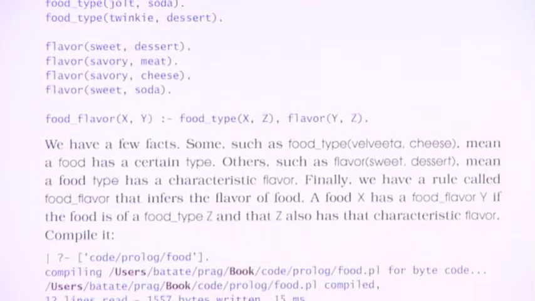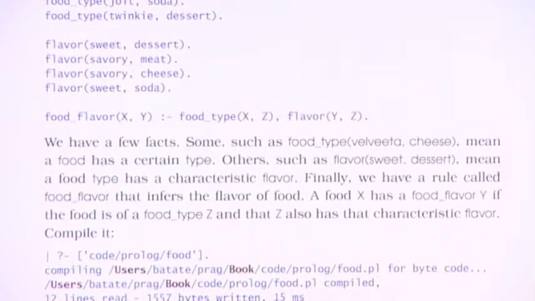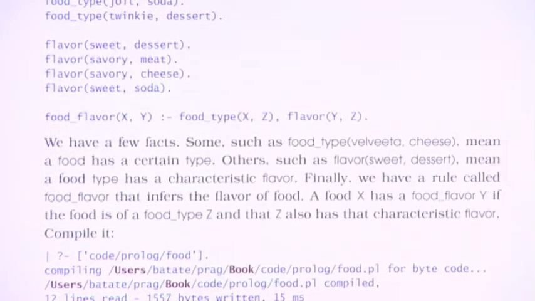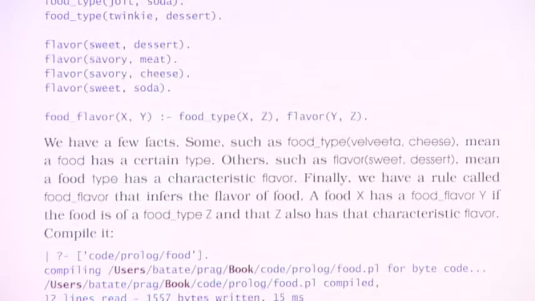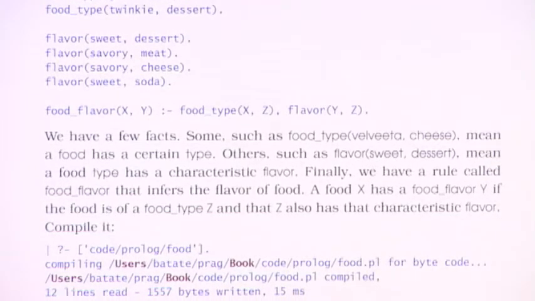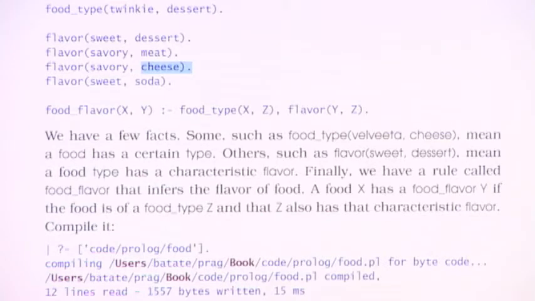Now, to ask what food has what flavor, we define this rule that the food flavor of X, Y is the food type of X, Z and the flavor of Y, Z. So if you look here, food type has the first parameter being Velveeta, for example, the second parameter being cheese, and then flavor is savory and cheese. When you combine these two, those are both assigned to Z, and then it tries to find X's and Y's that match those. So if we take a look at this in Prolog,